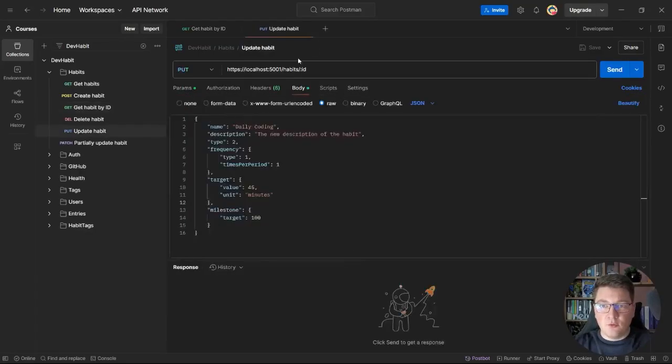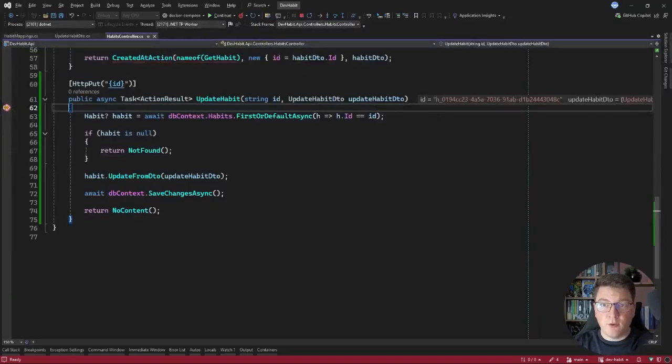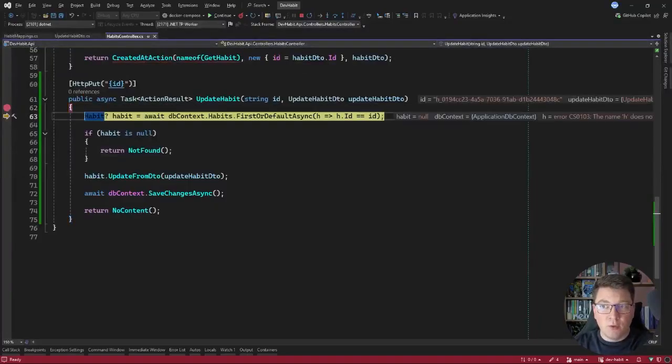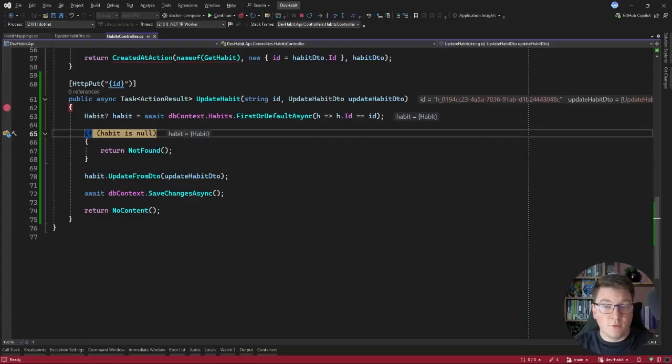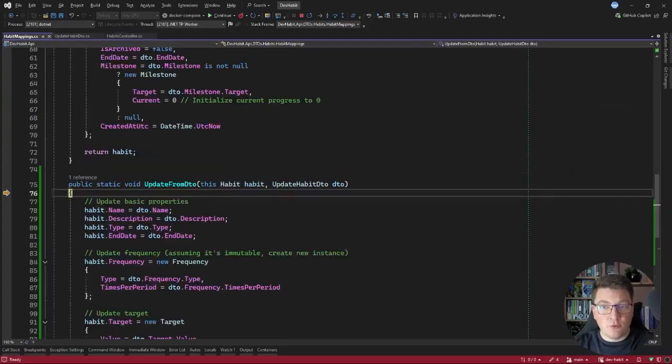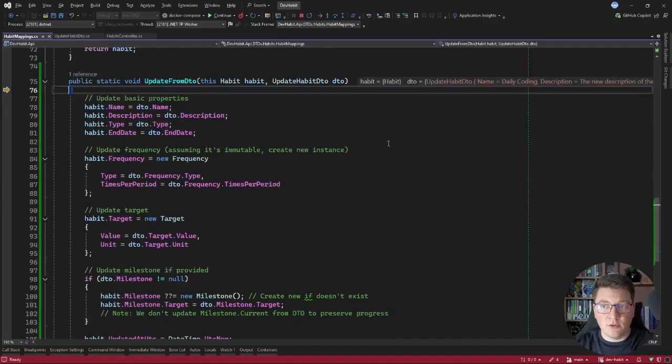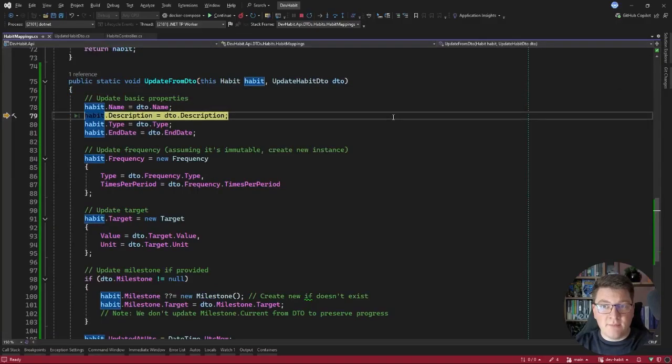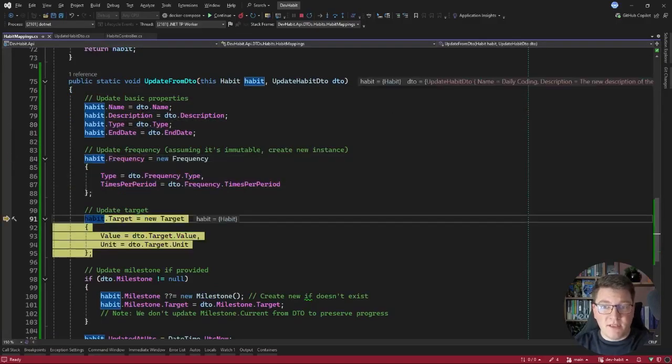Now, if I go into my put endpoint, I prepared a request that I'm going to send to my backend, where I changed the description, the target value, and I also added a milestone target. So if I send this request, we will hit the breakpoint inside of our put endpoint, where we are first going to fetch the habit from the database. If it did not exist, we would get back a 404 not found, but because it does, I'm going to proceed into my helper method, which is going to map the name, description, and the other values from my DTO